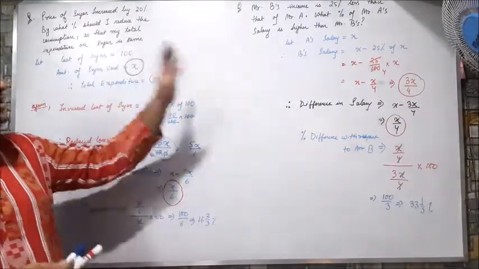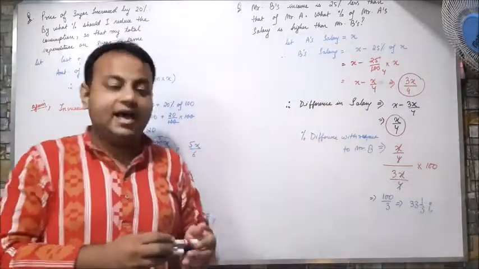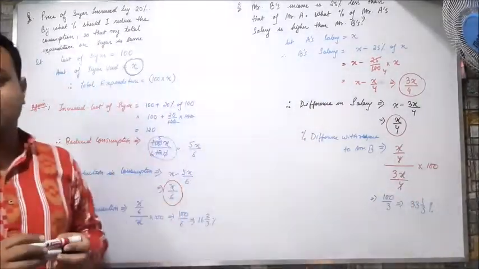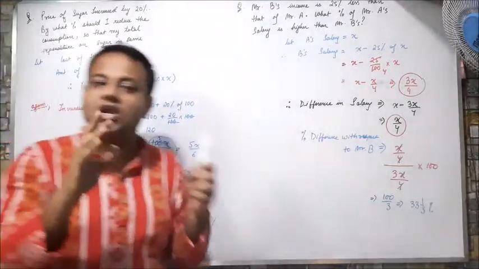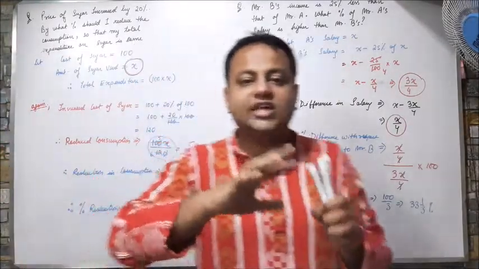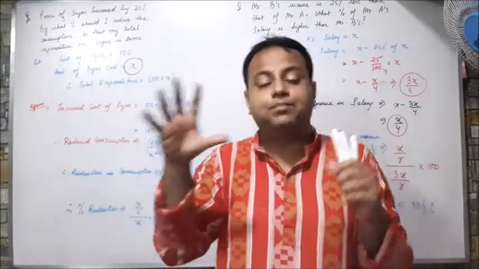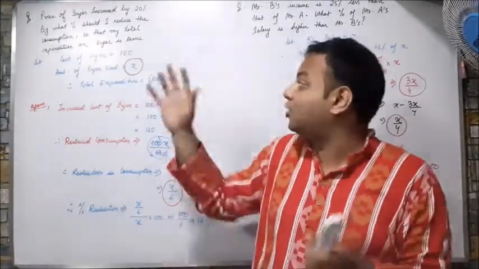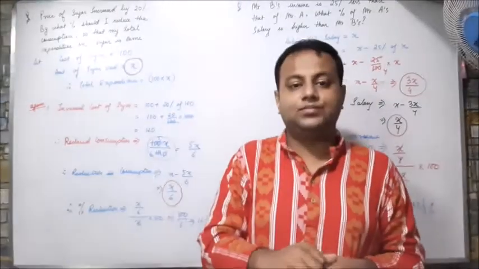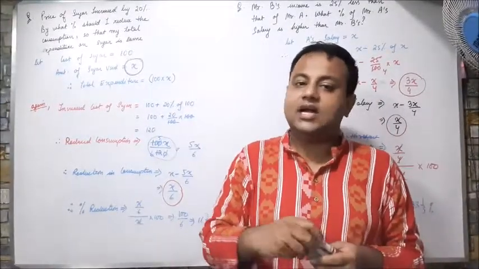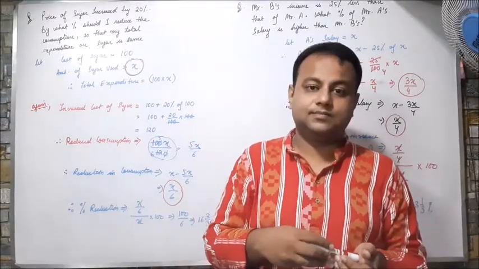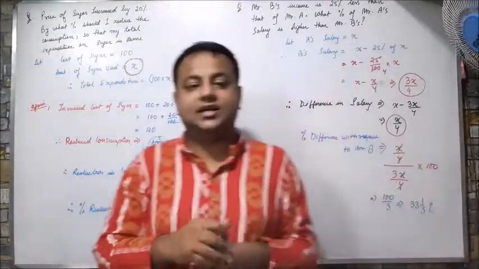So B's salary is 25% less than A and A's salary is 33% more than that of B. So this is the type of questions. They will give many kinds of questions, twisted around. You have to read the question first, understand what is said and what to do, then apply the formulae that we have discussed in the earlier portion and start doing the sums. So this is all about percentages.